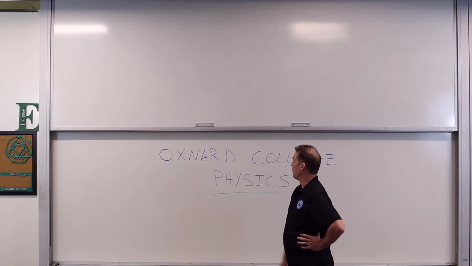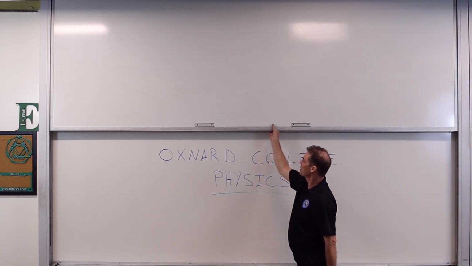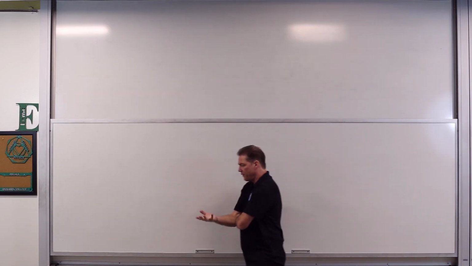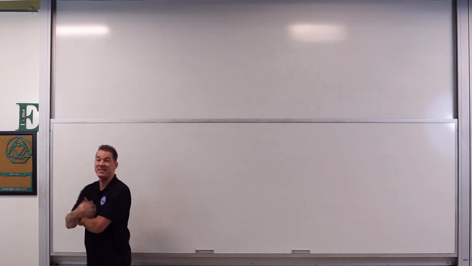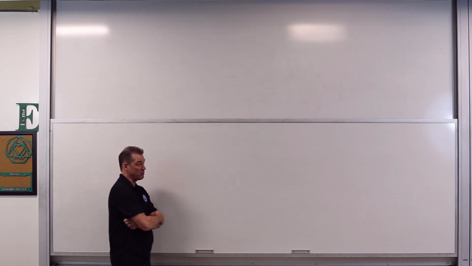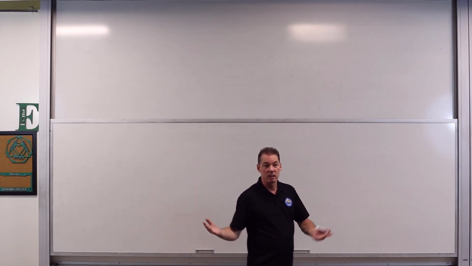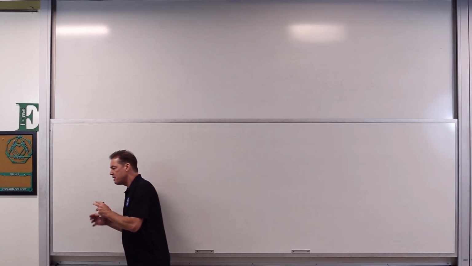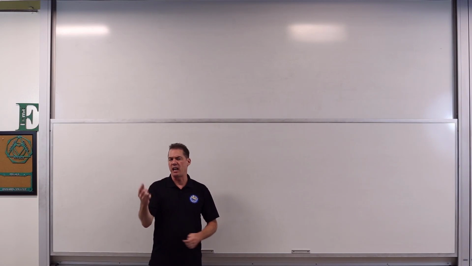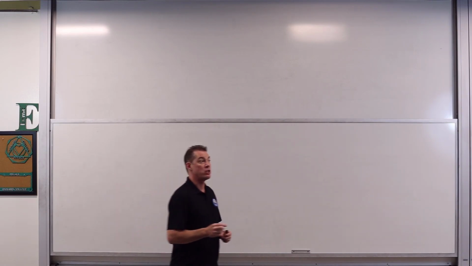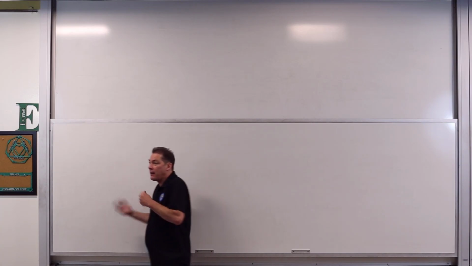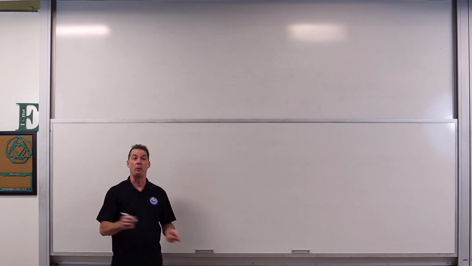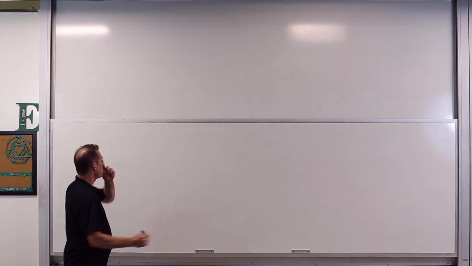We got ourselves some physics to do now, finally. Done a bunch of math and a bunch of review stuff. Let us actually start talking about some physics. So, in physics, we need to be able to discuss things about the state of an object. And what we're going to focus our attention on right now is changes that the object undergoes, such as changes in position, changes in how fast it's moving, and the rate at which those changes occur themselves. So this brings us to some nice quantities that we will heavily rely on throughout this course, and those are